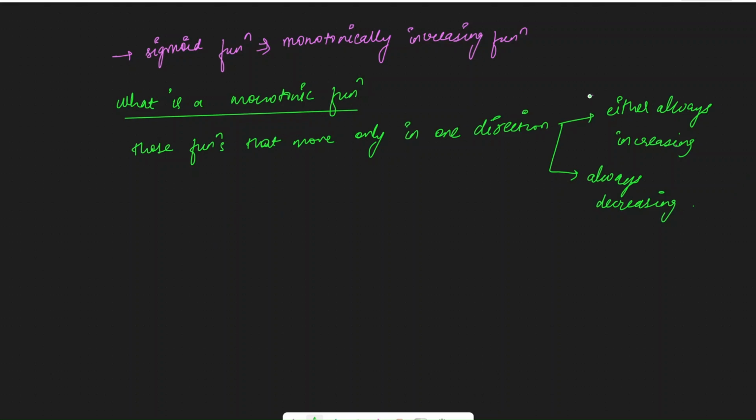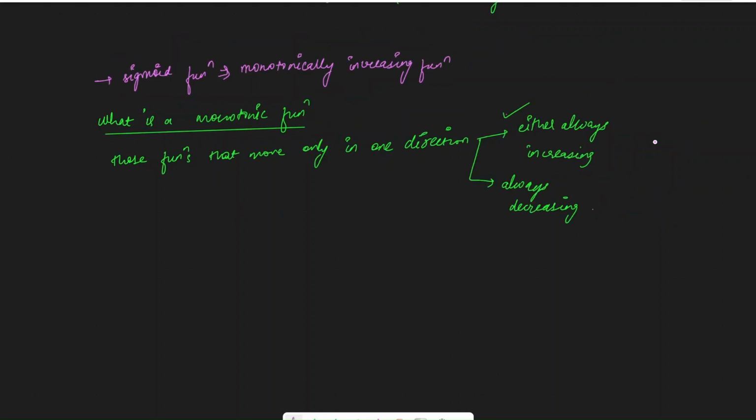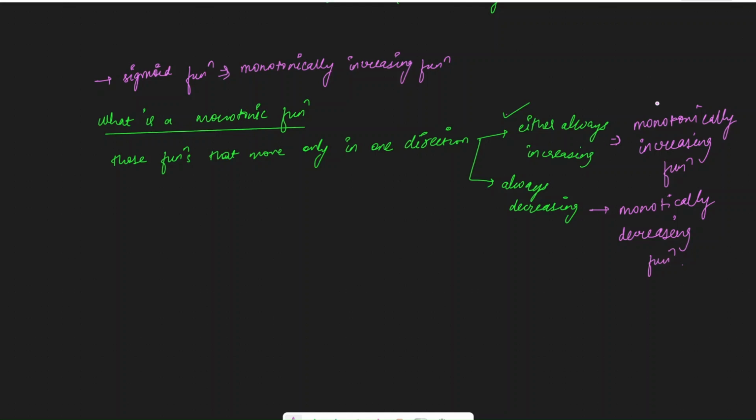And the sigmoid function falls in the first category. When the function is always increasing, it is called a monotonically increasing function. And when the function is always decreasing, it is called a monotonically decreasing function. So any function that moves in one direction is called a monotonic function, and our sigmoid function is a type of